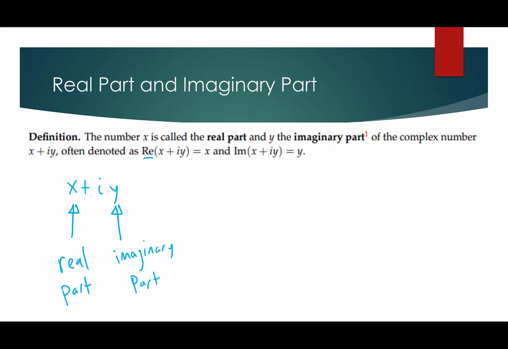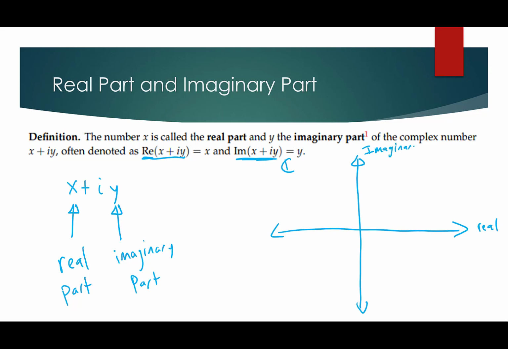Okay, and we denote that with re, so that's the real part, and im for imaginary part. Now the reason why we think about it this way, this gives us another connection back to our R2 presentation. So we can think about the complex plane as an x and a y axis, where the x-axis is our real part and the y-axis is our imaginary part. So for instance, if I'm thinking about the complex number 3 plus 4i, that would be 3 along the real axis, 4 along the imaginary axis, and boom, right there.